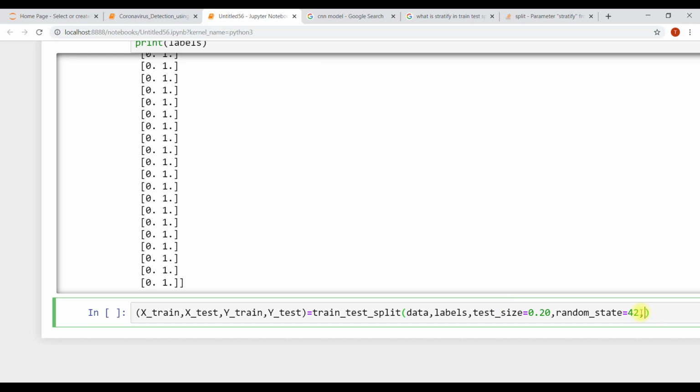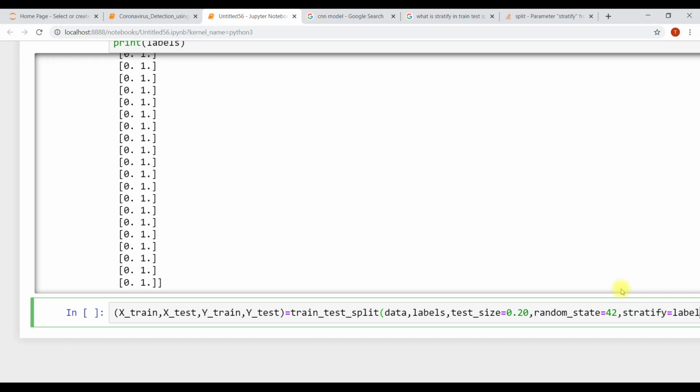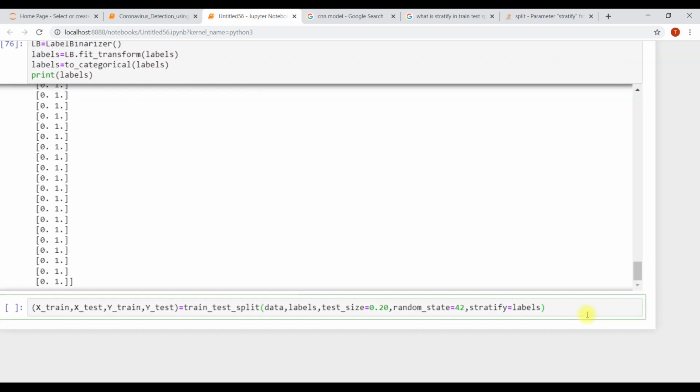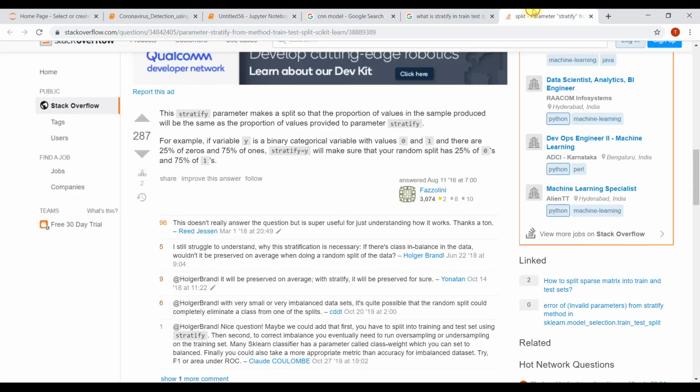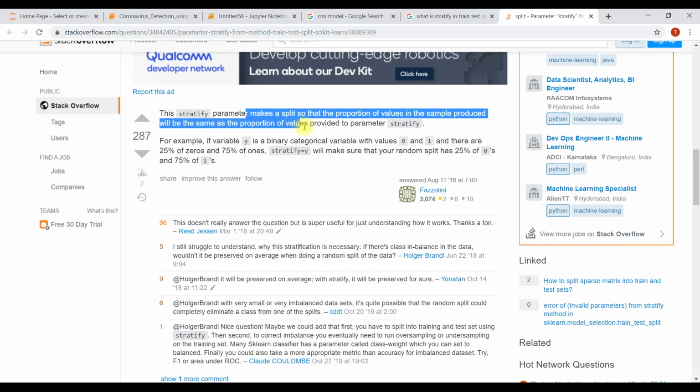One more parameter we are adding is stratify. I paused and googled it, and stratify equals labels. What is this? The stratify parameter makes a split so that the proportion of values in the sample produced will be the same as the proportion of values provided to the stratify parameter.